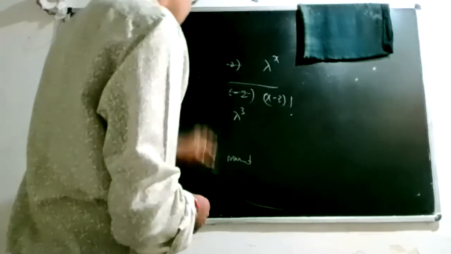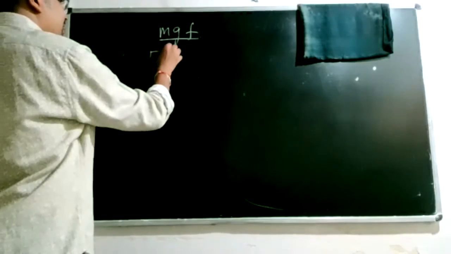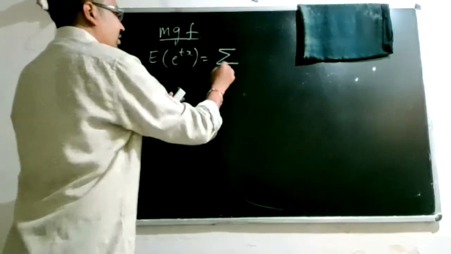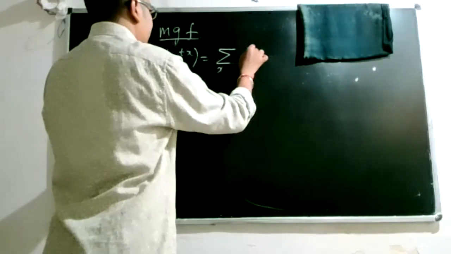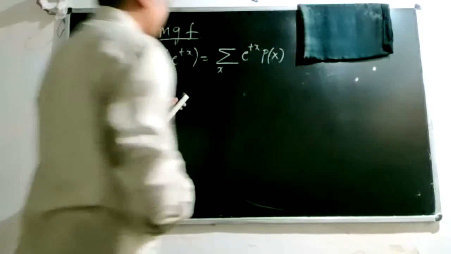Now, the method I use is the method from the MGF. MGF is defined as expected value of e power tx, which for the discrete case is e power tx into